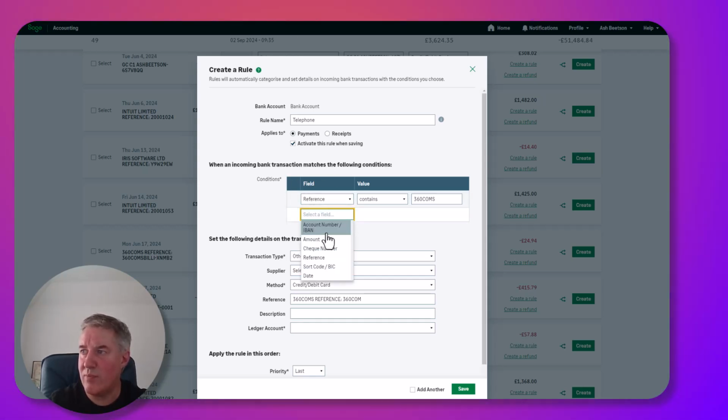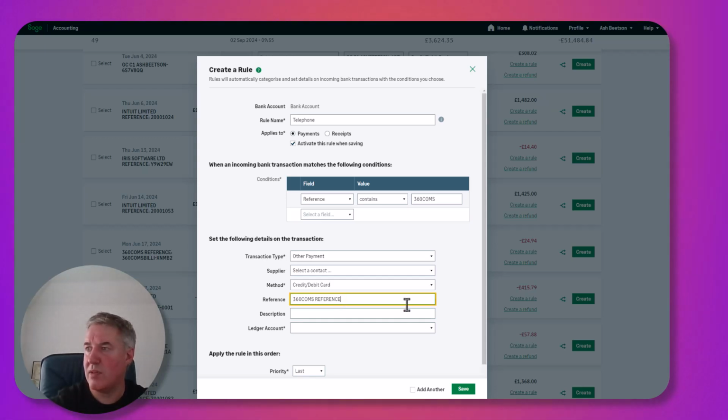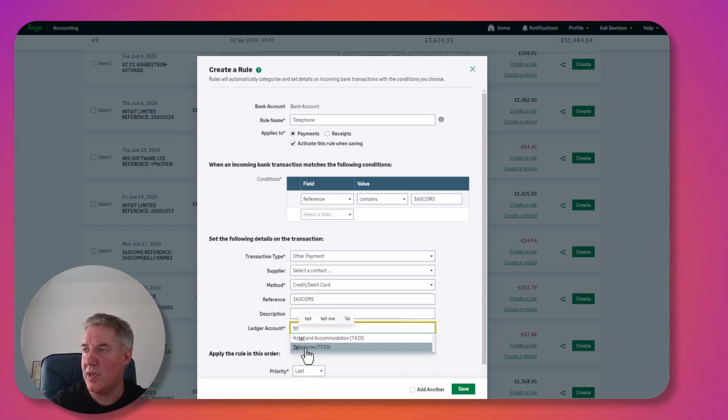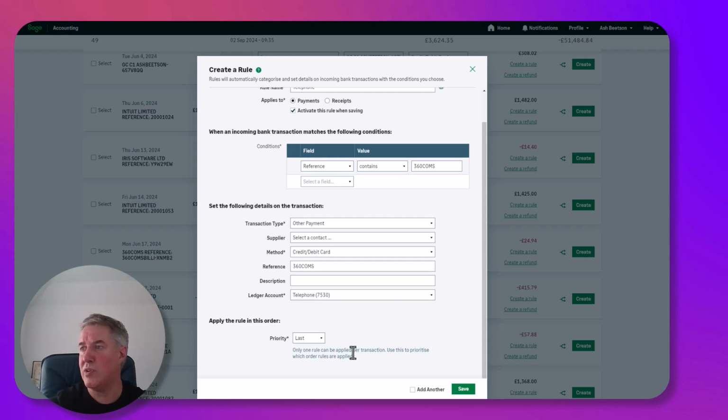You can have bank reference number details, so there's a bit of a selection within there, but it's usually just the reference and the amount that I would go for. The supplier name is not mandatory, but it's useful for reporting purposes. I'll take that out there, put 360 comms in the reference, and put telephone with it. Again, I've not got VAT enabled because I want to do that in a separate video on enabling VAT, so there's no VAT on here. I'll choose that as a first rule option,